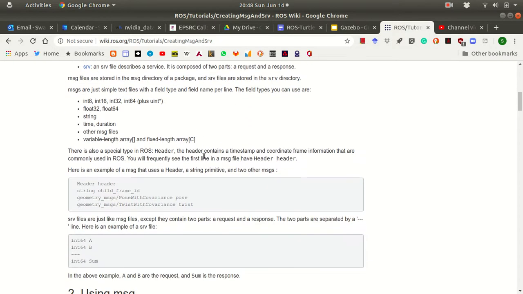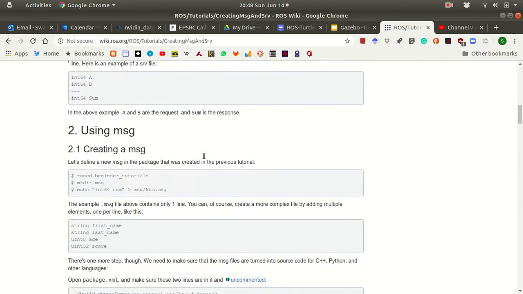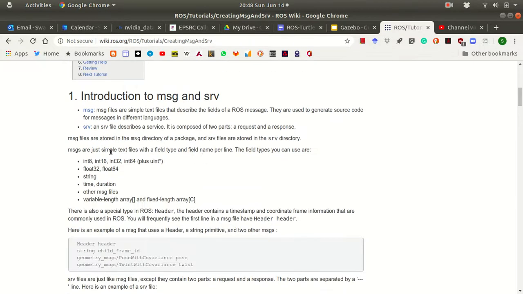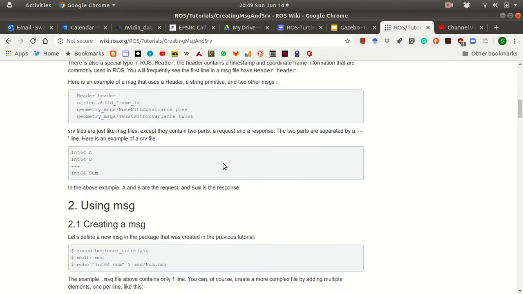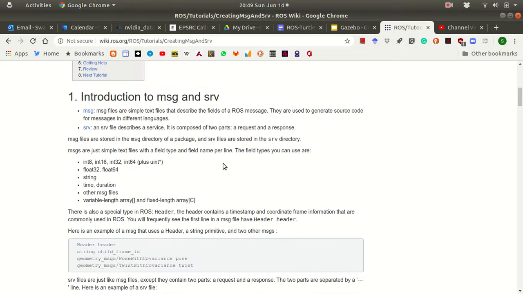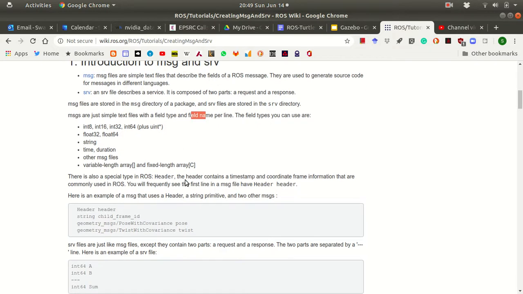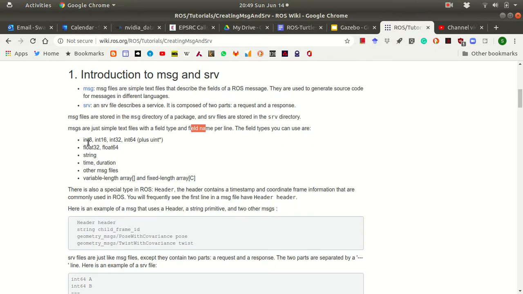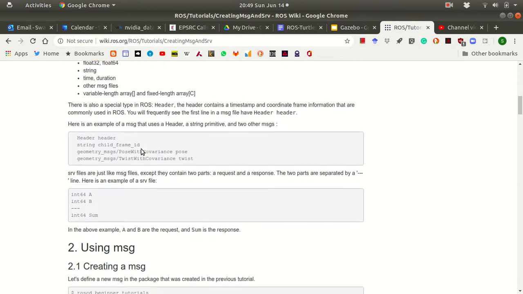So what it says, the message files are simple text files. They contain the field type and field name per line. So they will look like this. That means every line will have two parts: one is the field type and the other is the field name. The field type can be one of these: int8, 16, 32, float, string, time, and other things. And then you have a name. For example,